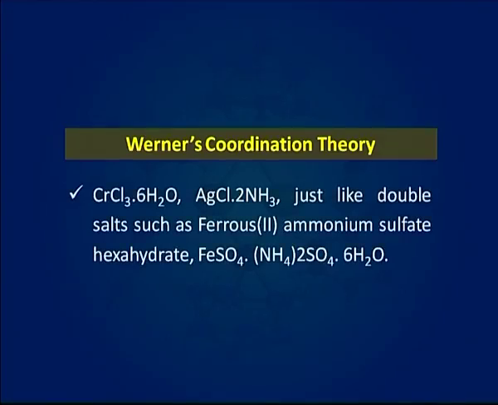Prior to Werner's work, the formula of transition metal complexes was written with dots. For example, CrCl3·6H2O or AgCl·2NH3, just like double salts such as ferrous ammonium sulphate hexahydrate, which is written as FeSO4·(NH4)2SO4·